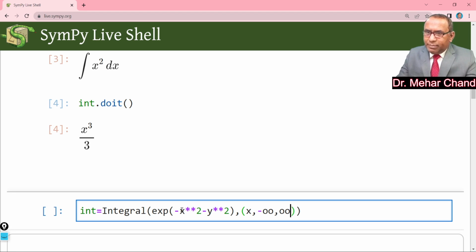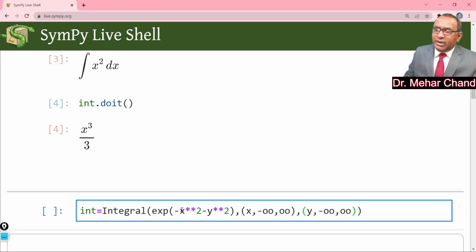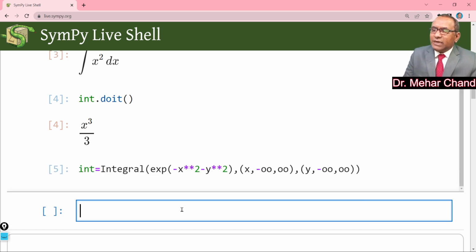Okay, minus infinity to infinity. This is the limit of x, and then we have the limit of y. That is also minus infinity to infinity. Note this point how I am entering the limit for this expression. Okay, and then enter. So this is the statement which I enter at this place, and when I print this expression,